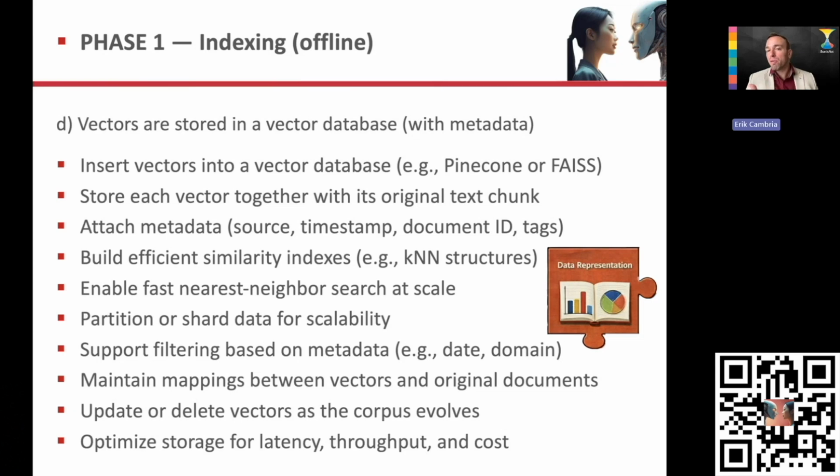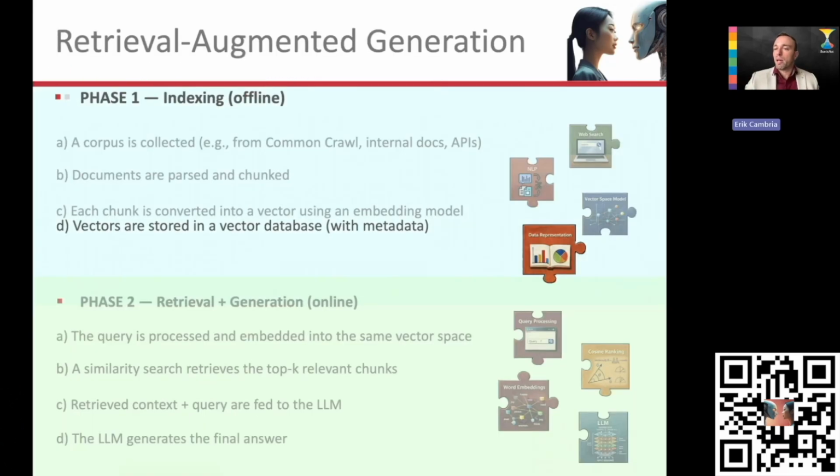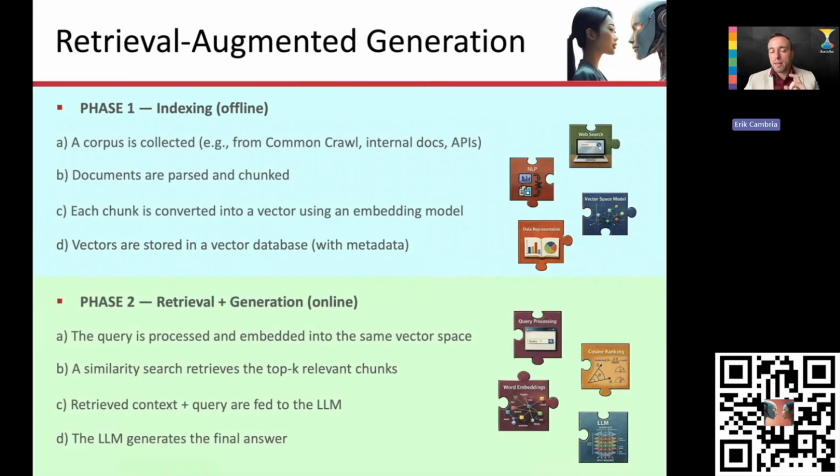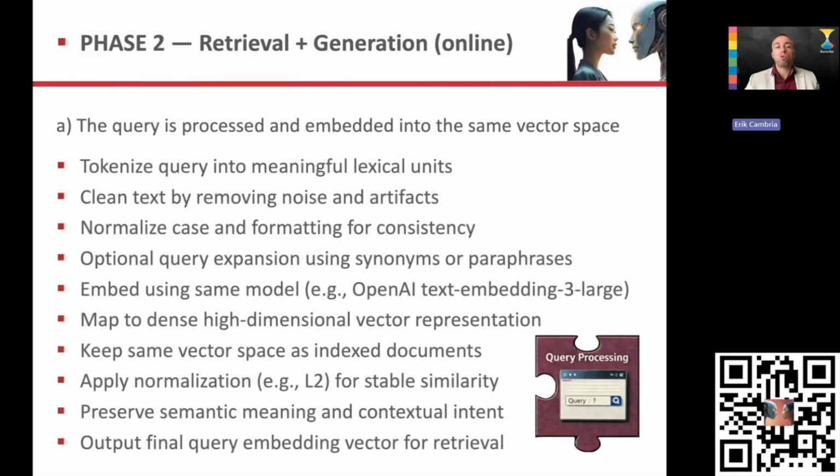We haven't received the query yet. We're still at phase one. We're still offline, but if I can organize my vector space into clusters and, for example, assign a leader to each of these clusters, then later when we receive the query, we can apply cluster pruning or any other optimization techniques that we learned. So the first thing to do when I receive a query is to also represent it